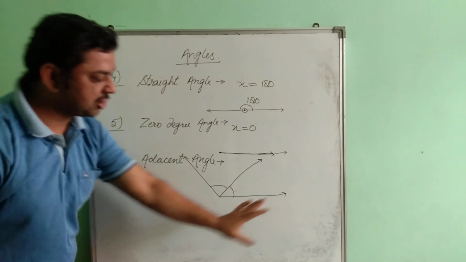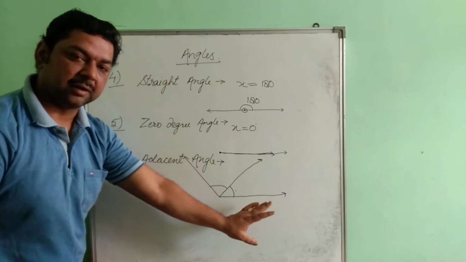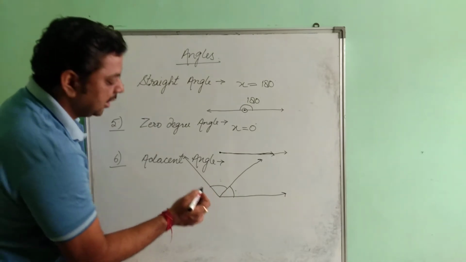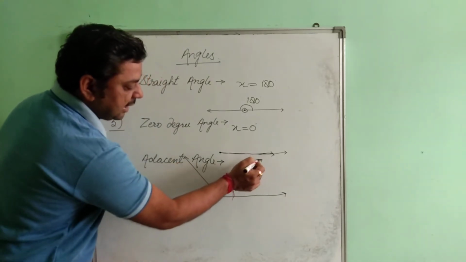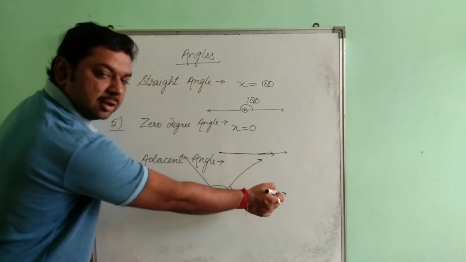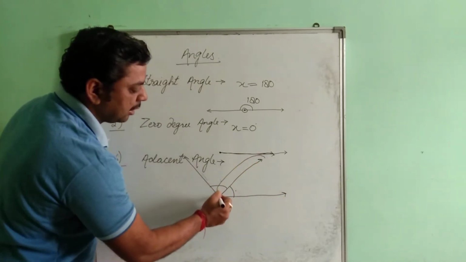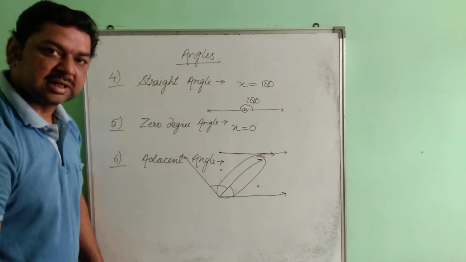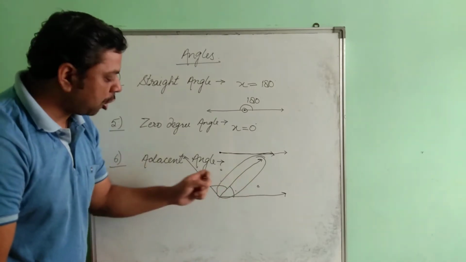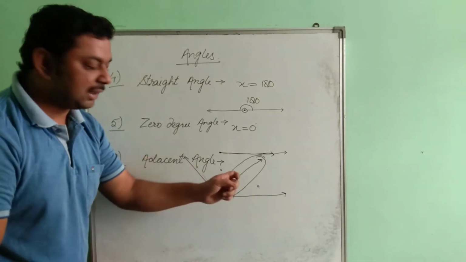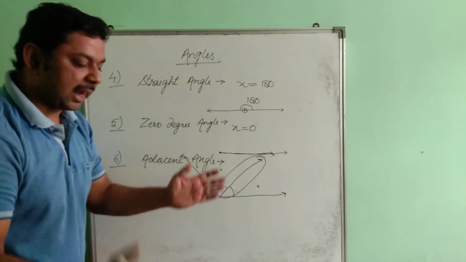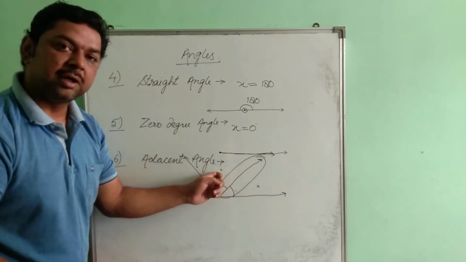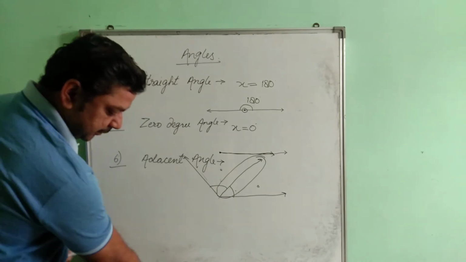If you get the shape of this type of figure, then it means that these two angles will be considered your adjacent angles, in which you have this as one angle and this as another angle. So it means that this ray is common in both the angles. I hope this is clear. This ray is common in both the angles. So when there is a common ray, and the angles are combined together along it, then it means you have adjacent angles over there. Clear with this?